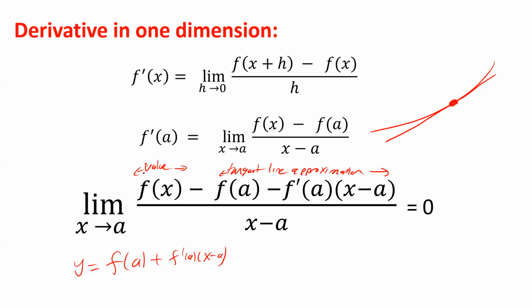And what we're saying is it's so good that even when we divide by the small number x minus a, it goes to 0. It's not too surprising. If the function is just continuous, then if we didn't divide by x minus a, it's going to be a decent fit. But it's got to be such a good fit that even when you divide by x minus a,